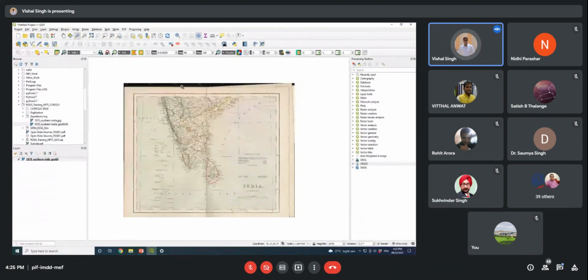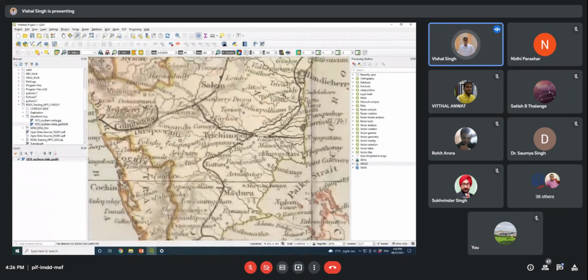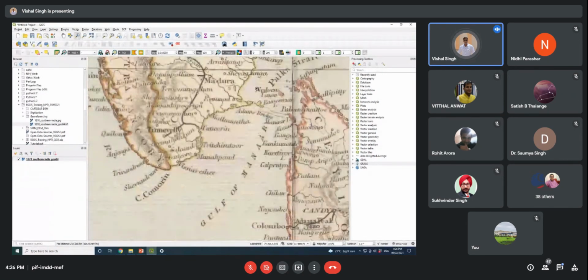But one thing you should remember is when you are going to derive further information from this map, because this is a reference map, generally we use this map as a reference map to generate the attribute information. However, this map has very coarse resolution, so at higher spatial scale we cannot generate attribute information. But whatever you can visualize here, you can identify and generate the attribute information.